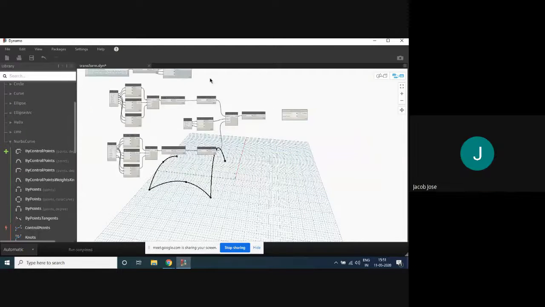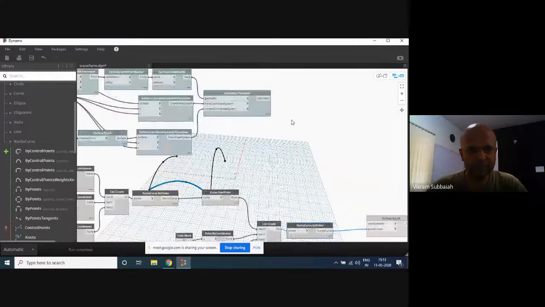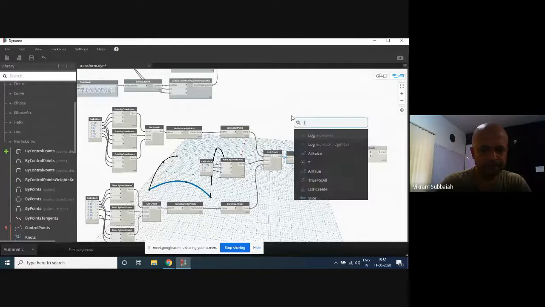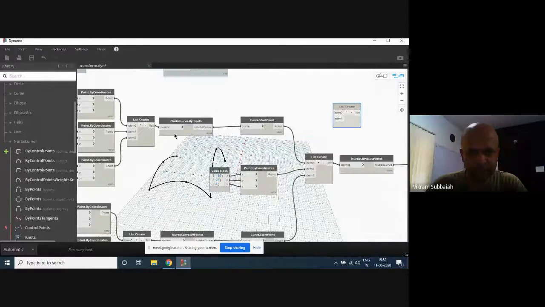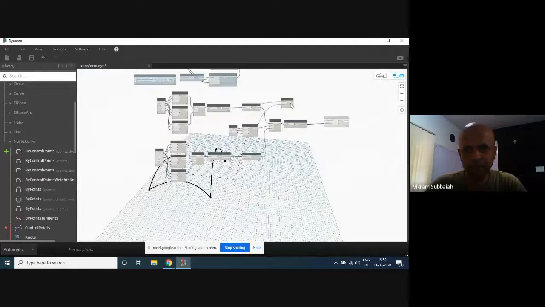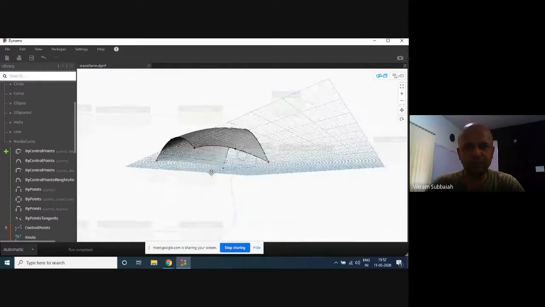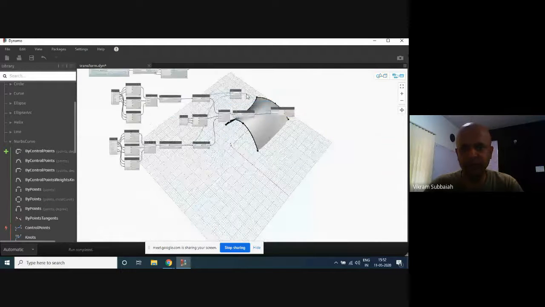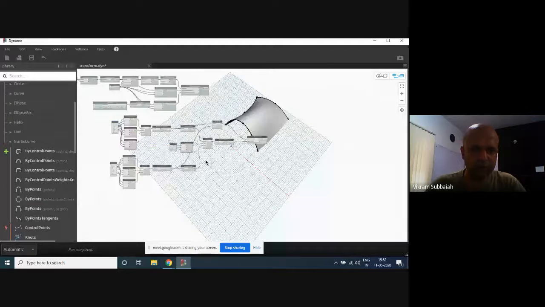Now this is our guide curve, and which are our cross sections? This curve and this curve. So we got 2 curves there. Done. So you see how we created a surface. Now, what you can also do is create one more curve here. And then if we do that, we'll do something else.